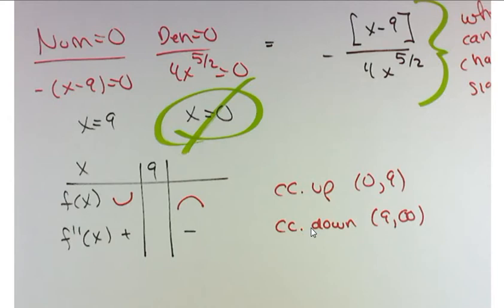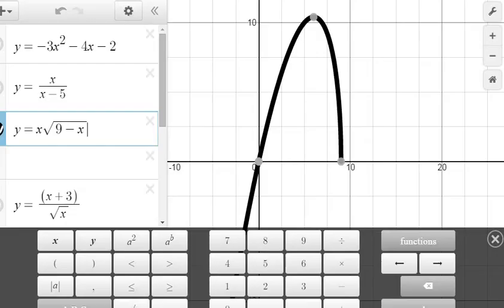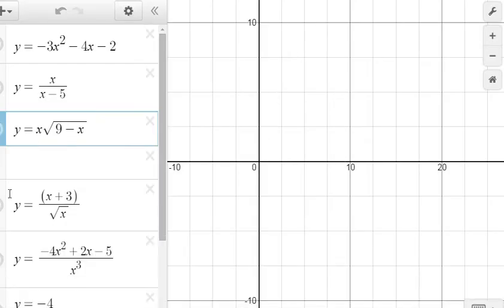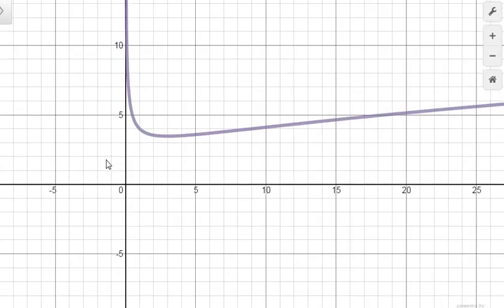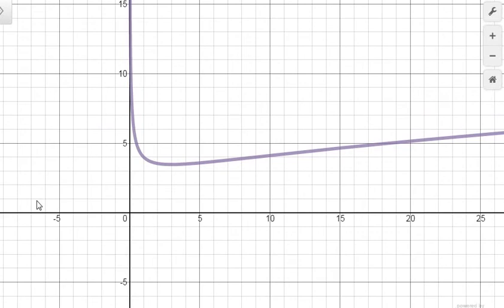You can put the original function in if you want to graph it. In fact, graphing it's a good idea. Let's take a look at that. The original function looks like this. You're just going to look at that when you're ready to graph it and see what it looks like and make sure that it matches your results. It should match your results,